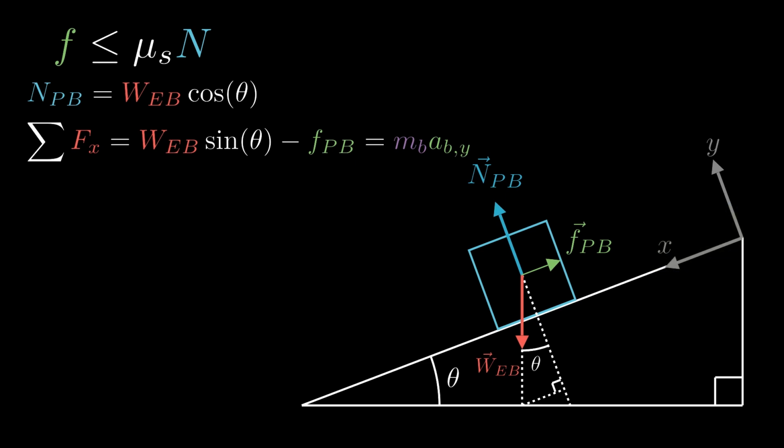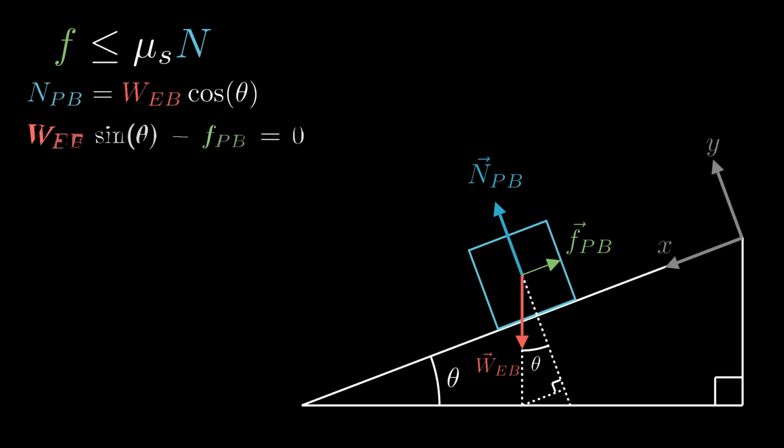Now we have to determine if the force of friction is strong enough to keep the block from sliding. We'll start by assuming that this is the case, in which case the acceleration equals 0. And this means that the static friction force must be equal to at least this quantity. So, if we compute the maximum friction force, mu static times the normal force, which we got earlier, and it's